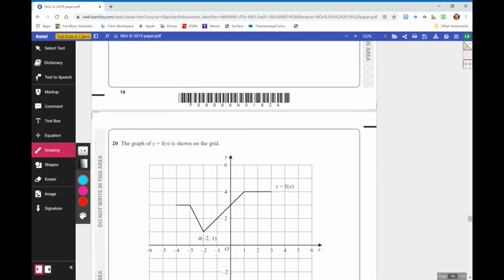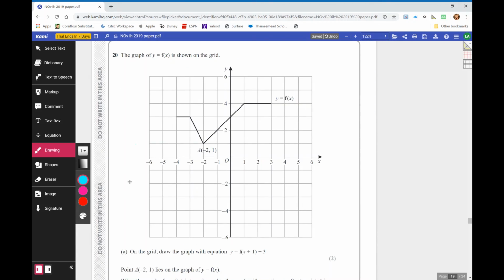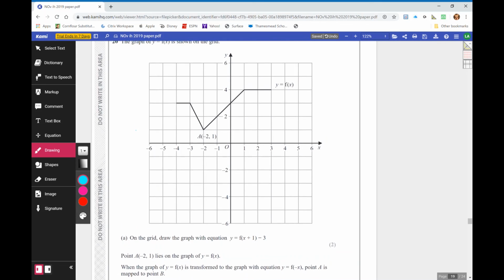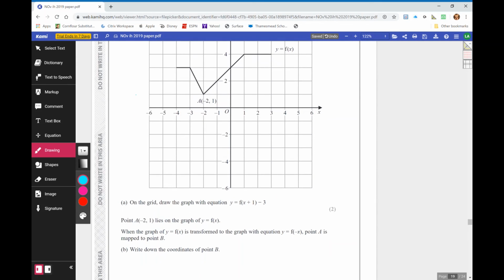Okay, so question number 20 is a transforming graphs question. So the graph is giving you the graph. On the grid, draw the graph of the equation, and it wants you to transform this function x plus 1 and then minus 3. Now, the thing to remember here is that anything inside a bracket affects the x-axis move. So when I say the x-axis move, if you think of it as a vector, the x-axis move